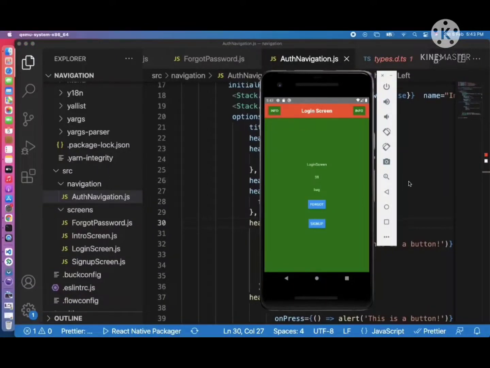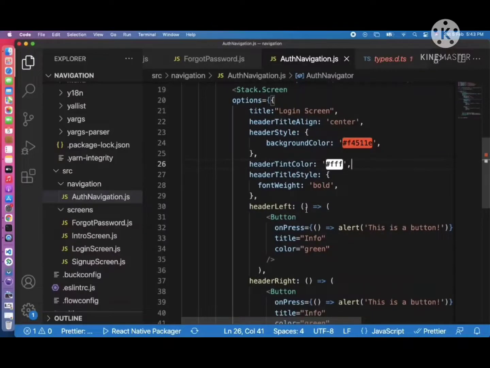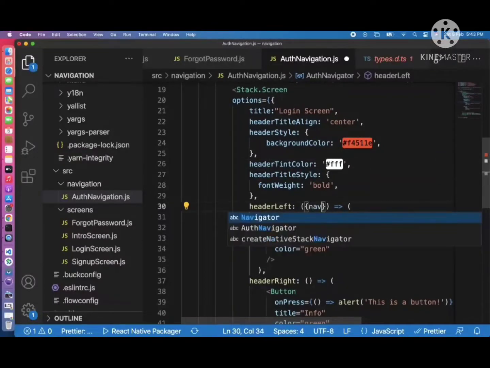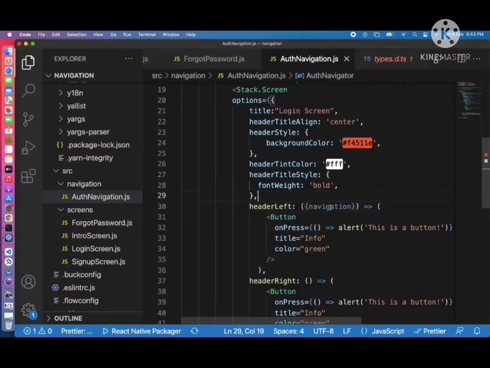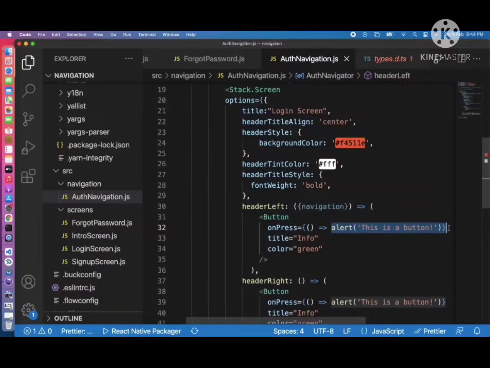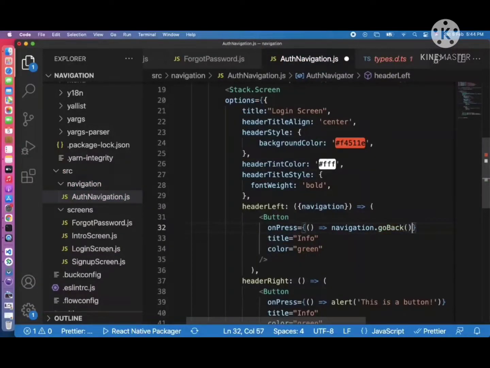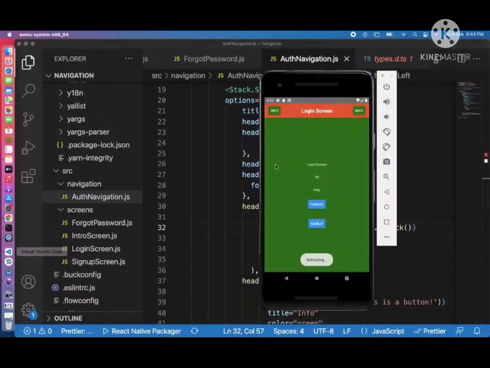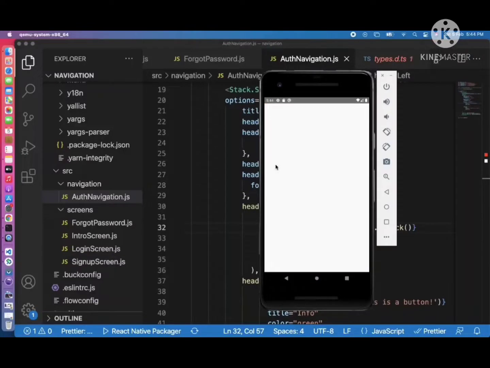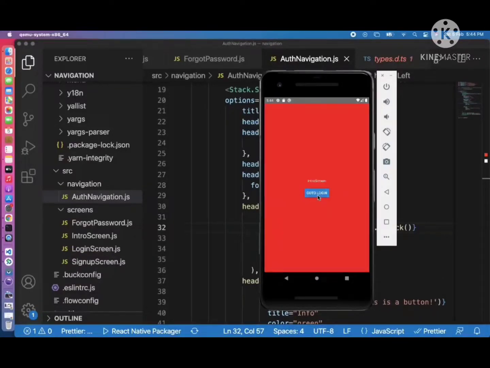See, you can see on the button we can have navigation. So we can just put navigation here. So the navigation value will be available. So you can just add navigation dot go back. So the same like as it is before, it should work. You can just refresh the function. Go to login. Now if I click,